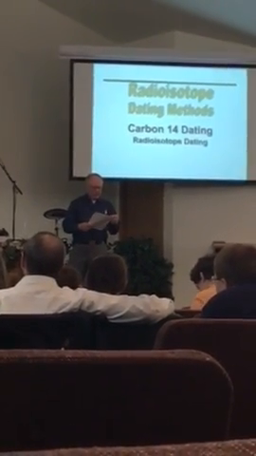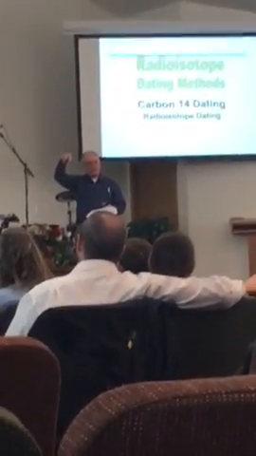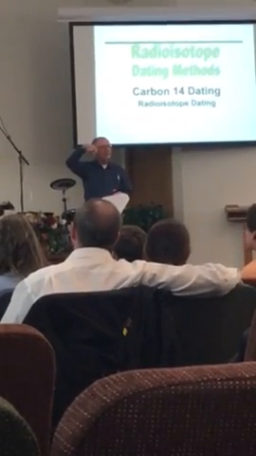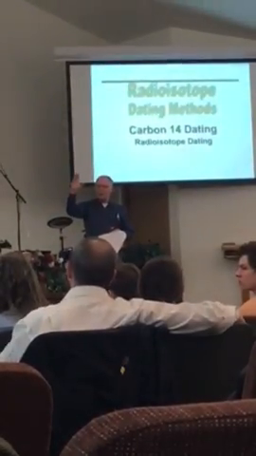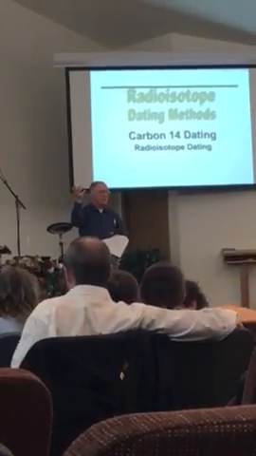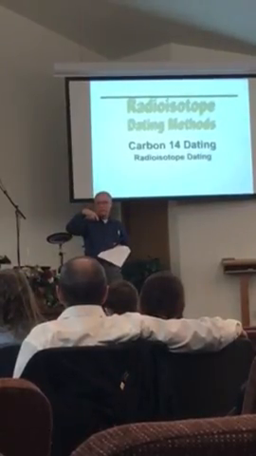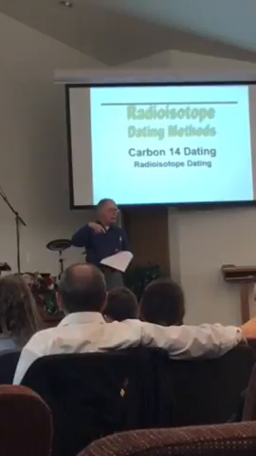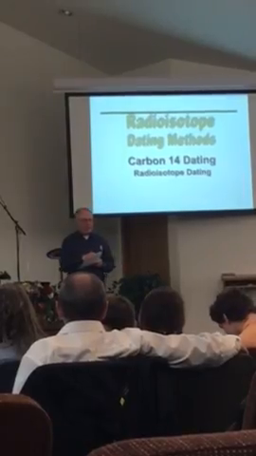Just because, again, this is something that people hear about and is thrown at you all the time, is carbon-14 dating. Carbon-14 is made when you have cosmic rays striking nitrogen in the upper atmosphere. That forms carbon-14 that then breaks down over a half-life of 5,730 years back into nitrogen. But while it's carbon-14, it combines with oxygen, forming carbon dioxide. Plants take up carbon dioxide. Animals eat the plants. And so, everything comes in and gets a little bit of carbon-14.